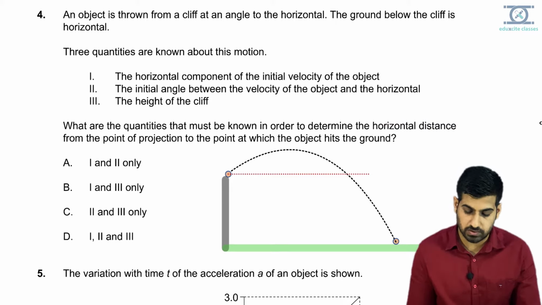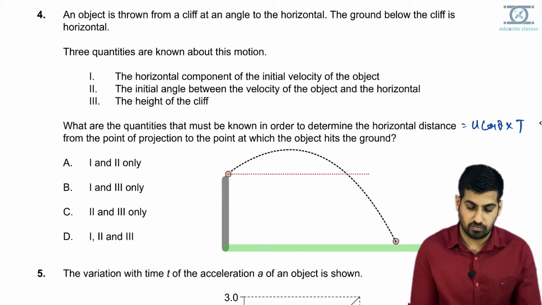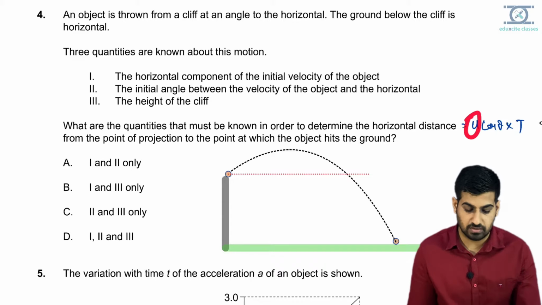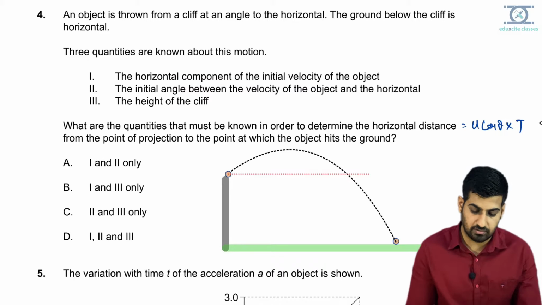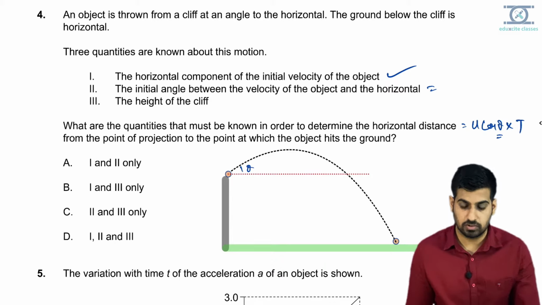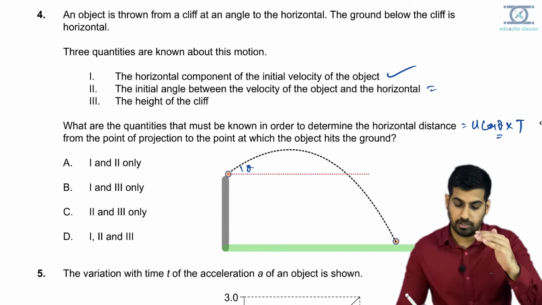We know that horizontal distance is u cos theta times t. So we should know the initial velocity, or the horizontal component. Yes, we require the horizontal component. Yes, theta, that is the initial angle. This is the angle theta, that should also be required, and the height of the cliff will be required to